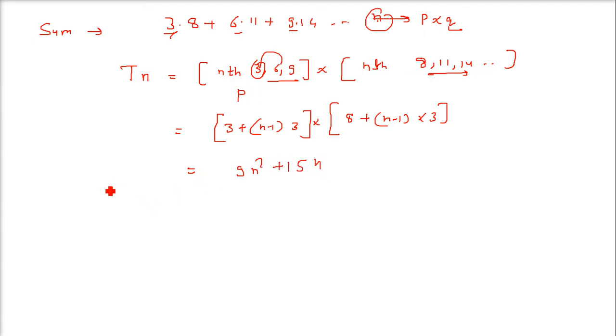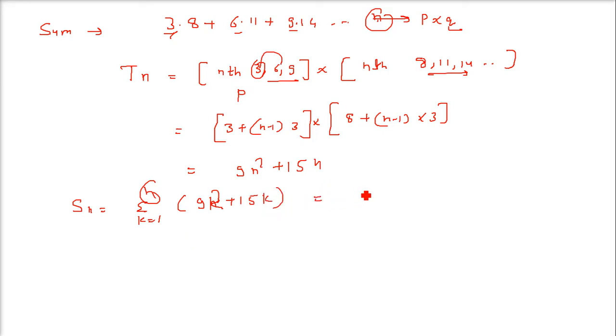Now we have to find this sum. So let us say that Sn denotes this sigma k equals 1 to n of the term 9n square plus 15n. Now we will not write n here, we will write k, 15k, because from 1 to n is already taken care of. So 9k square plus 15 into this k.